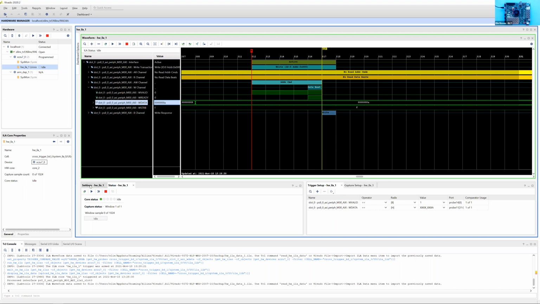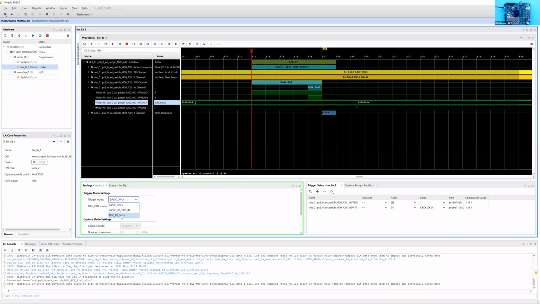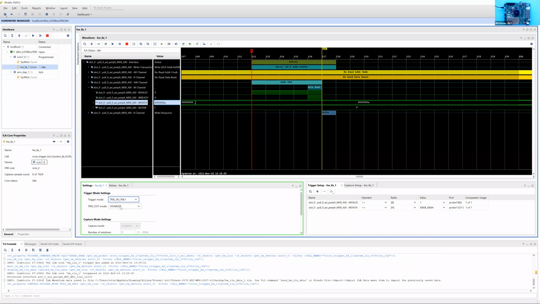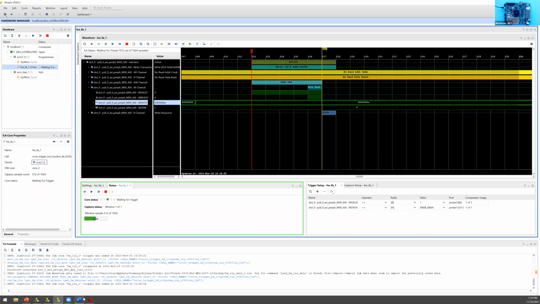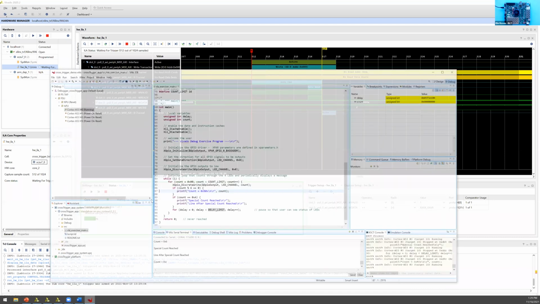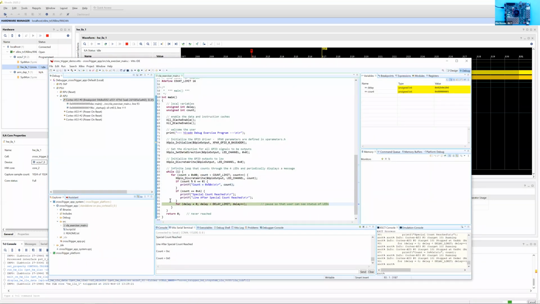So now, if we want to have the software trigger hardware, what we would do is we would change the trigger mode here. And instead of being set to basic, we will set it to trigger in only, which means this ILA will only listen if the trigger in input is toggled. All right, so I'm setting it to trigger in only. I'm going to set this sitting here. At this point, it should be ignoring my trigger setup over here because I'm only listening to the trigger input. And if I go back to my software and I set a breakpoint, for example there,